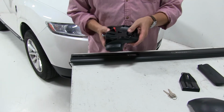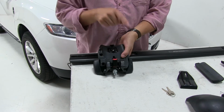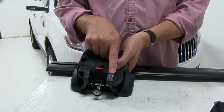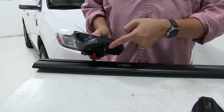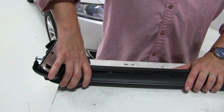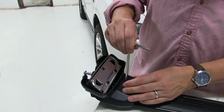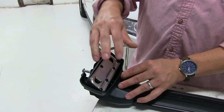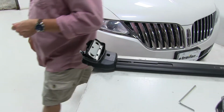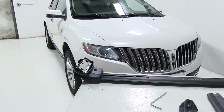Now, next, we'll take our flush foot, and you want to make sure that this is the right side, because these are labeled as right or left. So we'll take our tab here and fit it into place on the other end, and we'll push it through, and we'll take our included Allen tool here, and we'll just loosely tighten that up because we're going to have to make some adjustments here to get the measurements in between our flush feet to be the same. Now, this measurement you will find in your instructions,